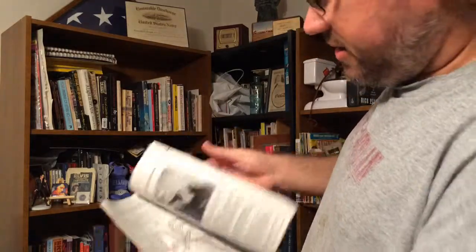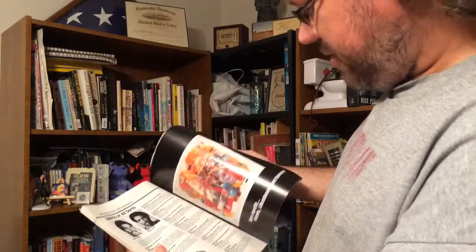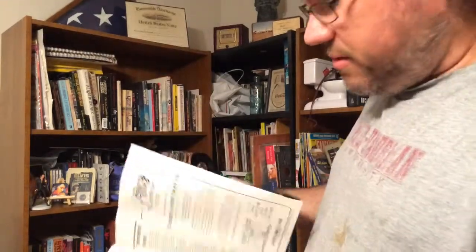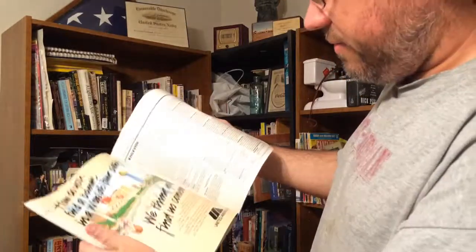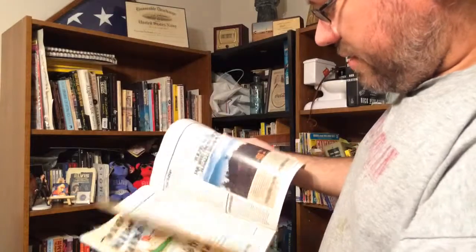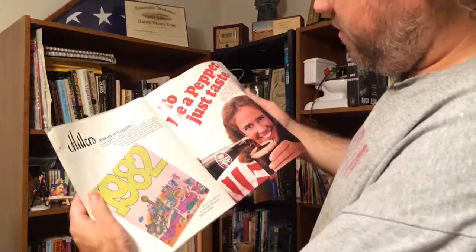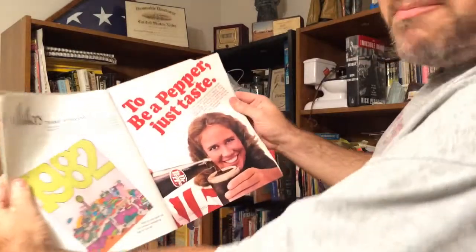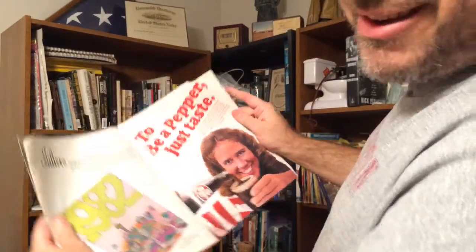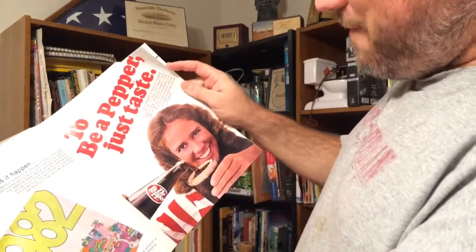IBM Concert Series. It's pretty cool. This is cool to look through. Yeah, geez, how old is it? 30 years old. It's 30 years old, but it's still kind of cool. And they had a sky bucket there and a regular seated sky ride. 1982, Miller Makes It Happen. Oh, here we go. To Be a Pepper, Just Taste. Look at that smiling face. Dr. Pepper makes you feel good. All that caffeine